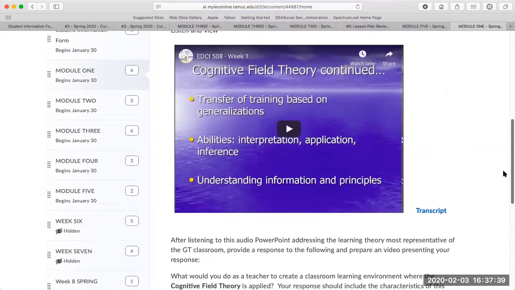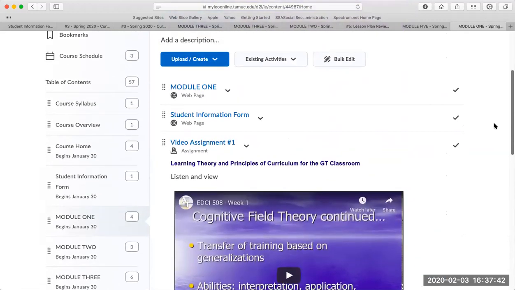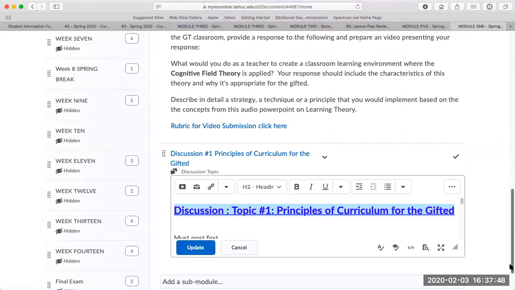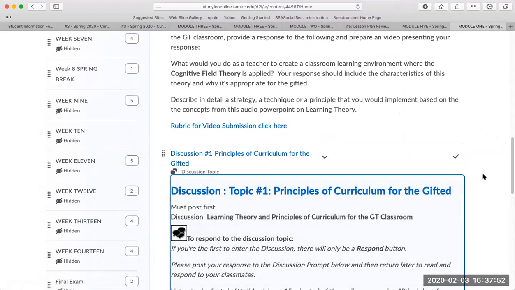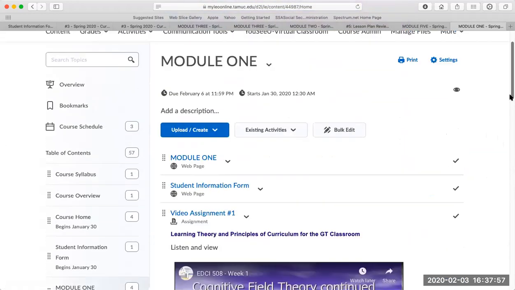So for Module 1, only the student information form, the video assignment, and a discussion item. You'll be posting to the discussion board about principles of differentiation for the gifted. And those 3 things are due, including the student information form, by February 6th. Okay. All right, and looking at Module 2,